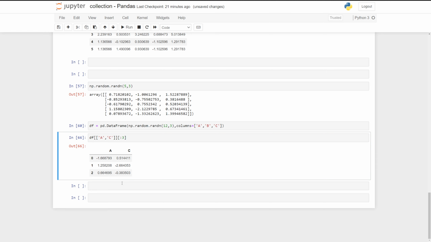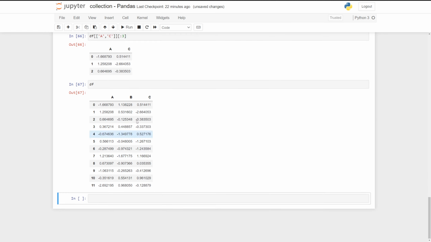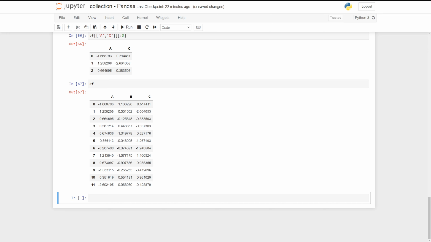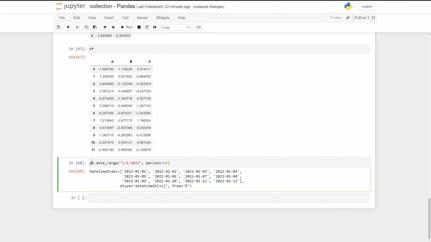But often when we are using these data frames, the index here is not necessarily numeric. Sometimes the index is a date, a timestamp. We looked into the datetime thing, but we can add here pandas date_range, the 1st of the 1st of 2022, and periods, we can give it 12 periods. Yeah. This is a datetime index from pandas,